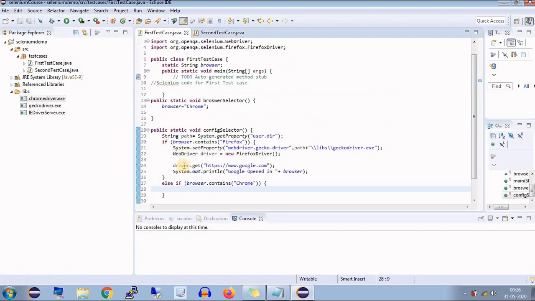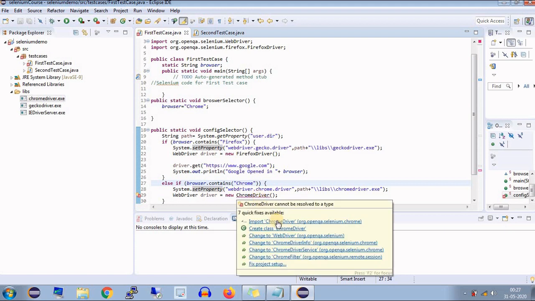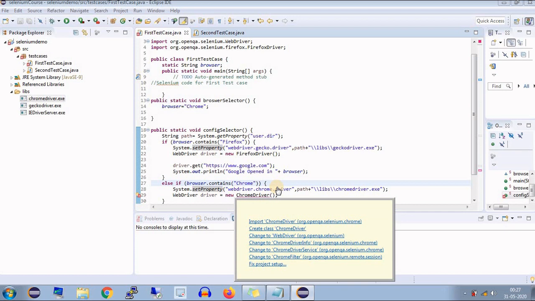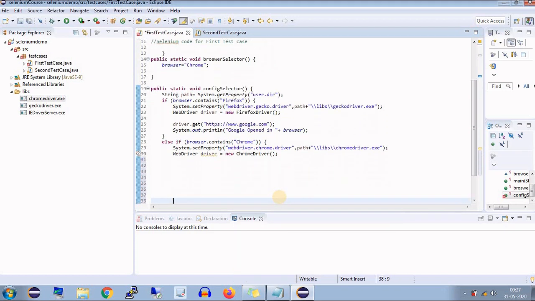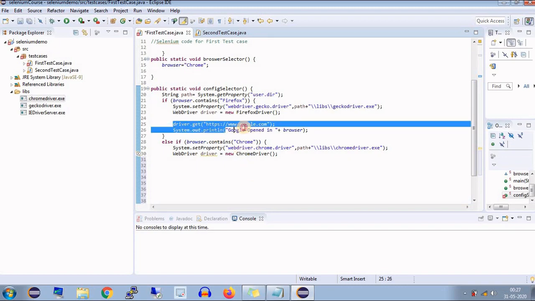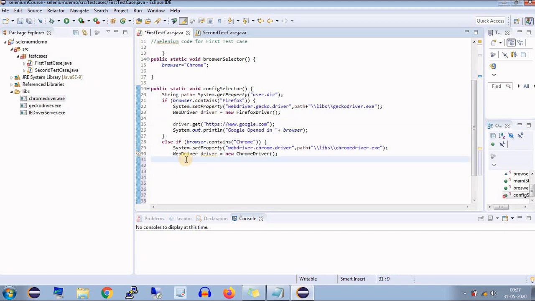Remove the comment, and then this will create the Chrome driver token and the path for Chrome driver, and here we will create the object for Chrome driver. Here is the error, import the Chrome driver library. Okay, and then copy the remaining lines to navigate to the driver and the print statement from our Firefox code. That is the common code, so we can copy it and reuse it for different browsers.